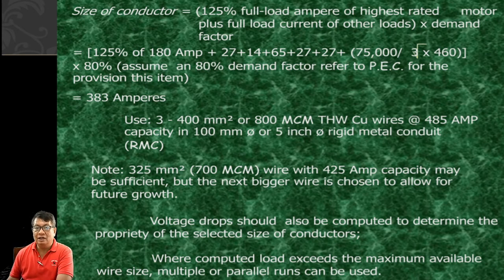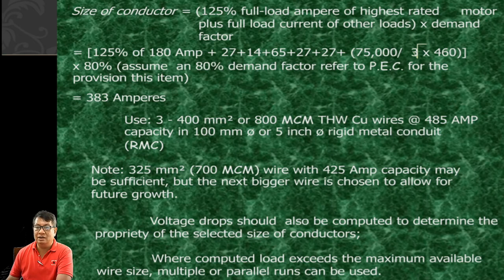Okay. So more or less we were able to determine 383 amperes na mean. Okay, so wala namang 383 pero mayroon tayong conductor na can handle 383 amperes. Ito po yung 400 mm squared. Okay. Ang rated current capacity ng 400 mm squared is 485. So okay na yan. Kaya na niya yung 383 amperes. Okay, kasi 485 yung kaya niya.